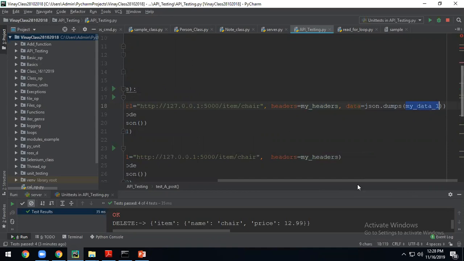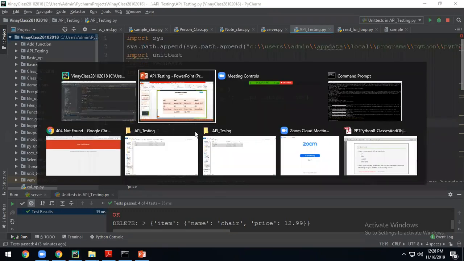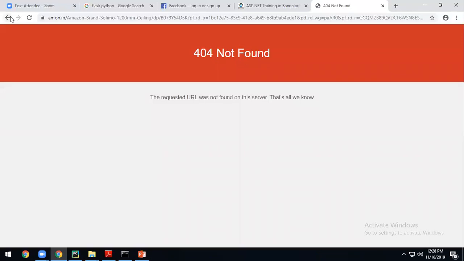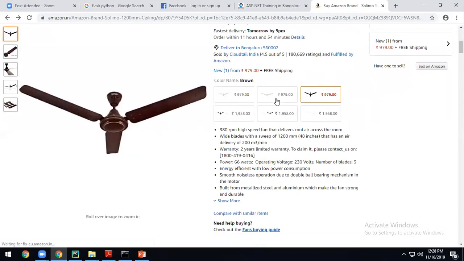This is my data. I am following a simple method. Name is chair, price is this one. In case of Amazon, this one, what is this? Product. You see the type properties here somewhere.